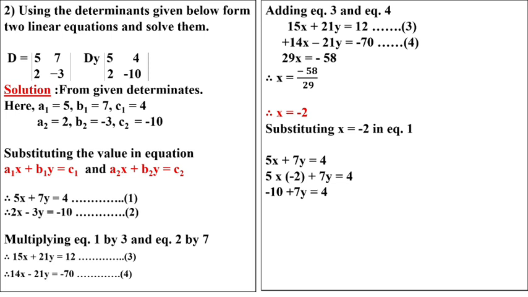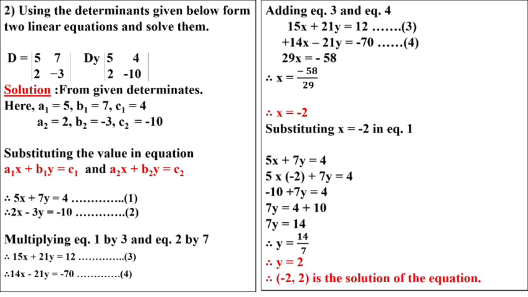Now minus 10 will go to the right side and become plus 10. Therefore 7y equal to 4 plus 10, here we get 14. Therefore y equal to 14 divided by 7, what do we get? 7 ones are 7, 7 twos are 14. Therefore y equal to 2. So x equal to minus 2 and y equal to 2 is the solution of the equations. Understood? Now the third one is given, students.